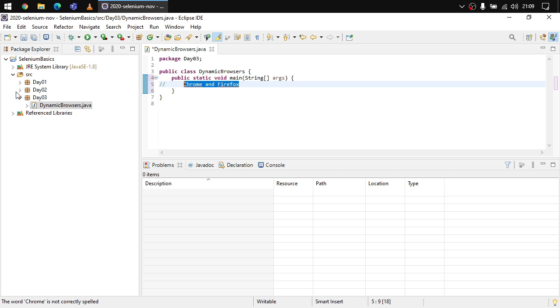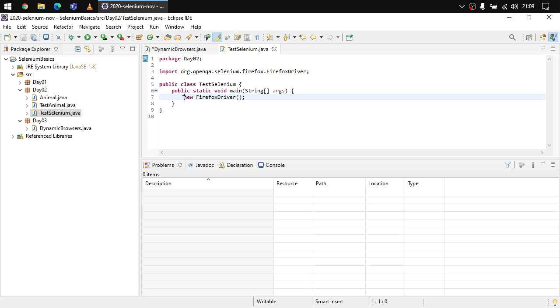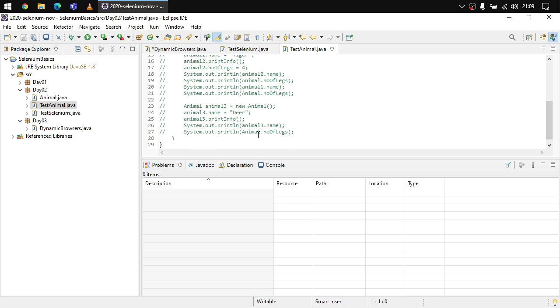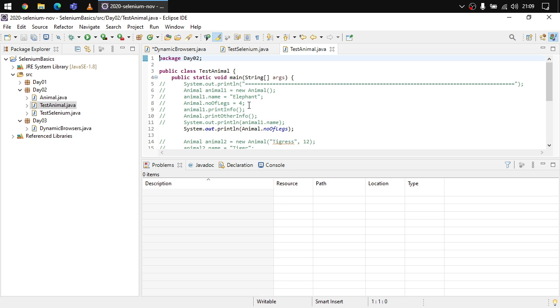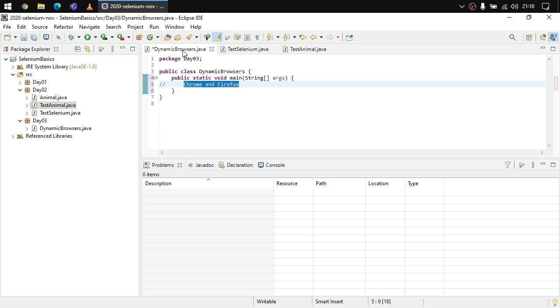Now, if we remember, in the last lecture we learned how we can open up the browser, right? And we also learned how we can deal with objects. We learned a lot of things regarding objects there. So let us use both of these concepts and work here. This means that to deal with the Chrome browser, we need to have code something like this: Chrome driver,